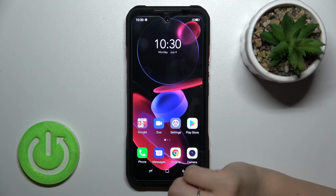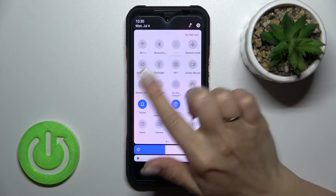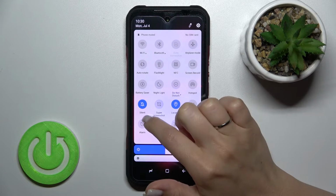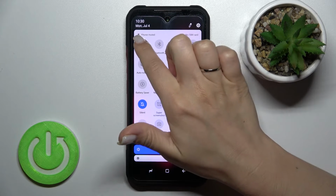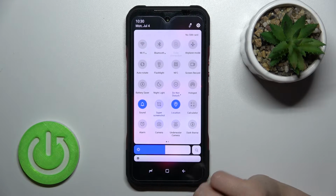Also, I have the second way how we can do that. Just first open notification panel and here on the top bar you should find sound icon. Just click twice on this icon to activate silent mode. Now we can see here that our phone muted, and to turn it off click on this icon once again,